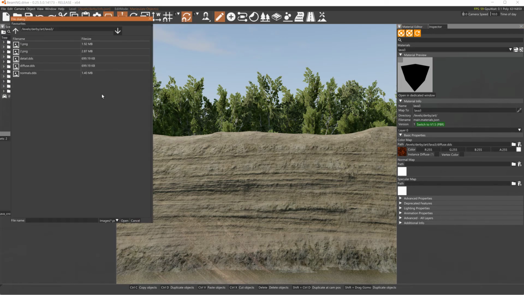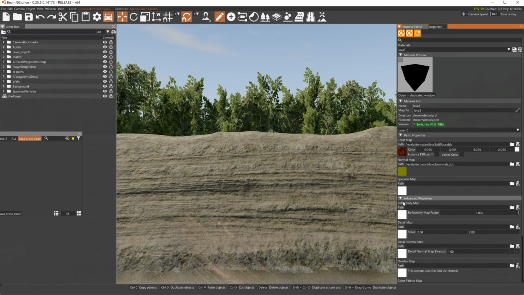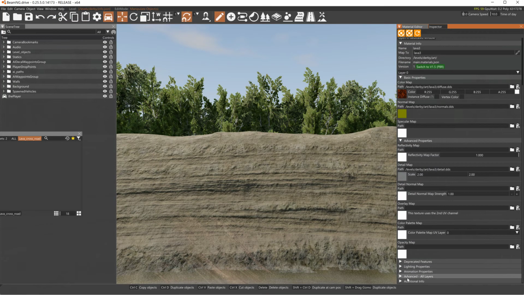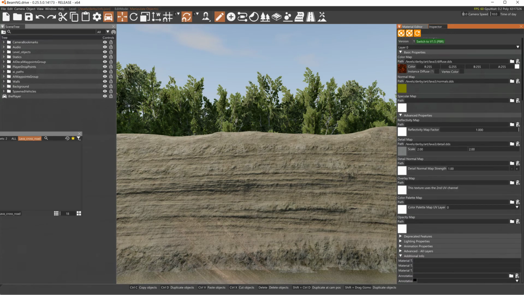And then you got your normal map, which is normals. I didn't do a specular or anything else. I did do the detail map though, is what we just made. Now at the bottom, this is important for a decal, you got additional info. The material tag that's here,